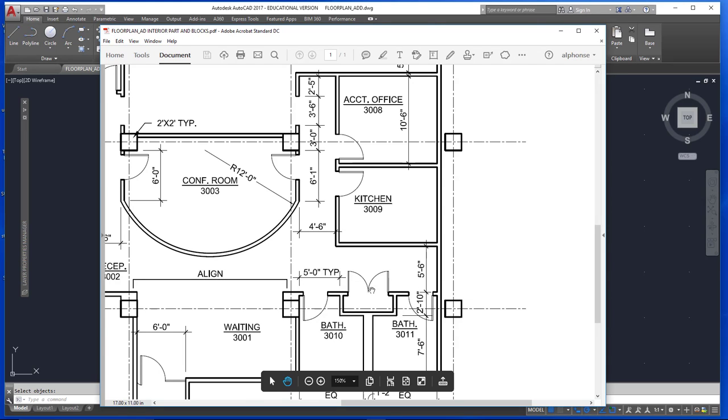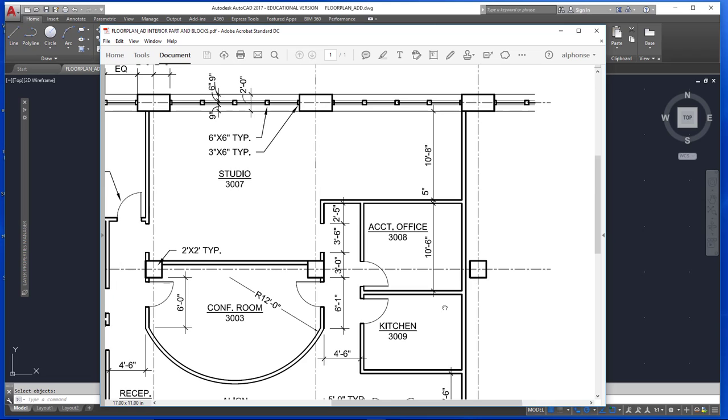There's a dimension here, 5'6". So this wall is 5'6" away from this wall. The thickness of the wall is 5 inches. That's a note I'll show you in a second. You know that the other wall of the kitchen is